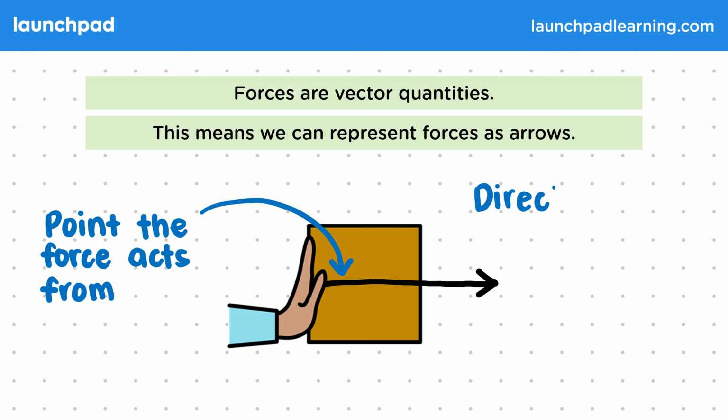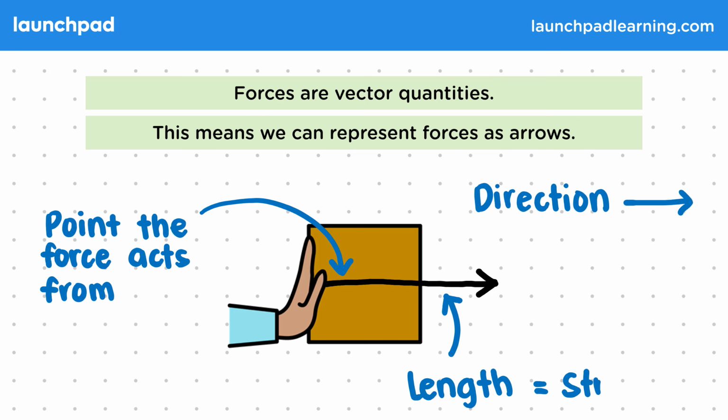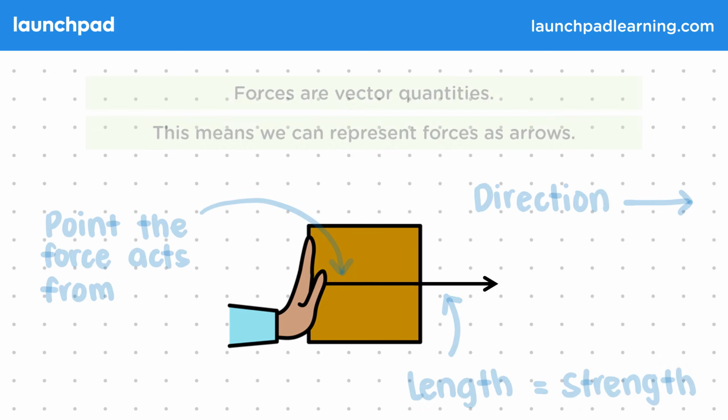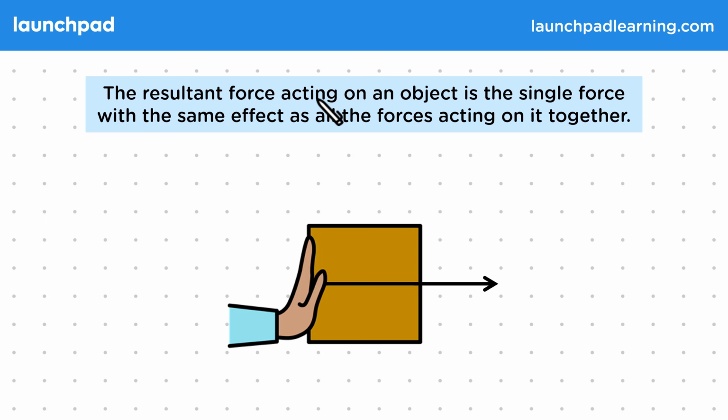And the direction of the force is simply shown by the direction of the arrow. The strength of the force can then be shown by the relative length of the arrow. But what happens if we have multiple forces acting on the box? Well, the resultant force acting on an object is the single force with the same effect as all the forces